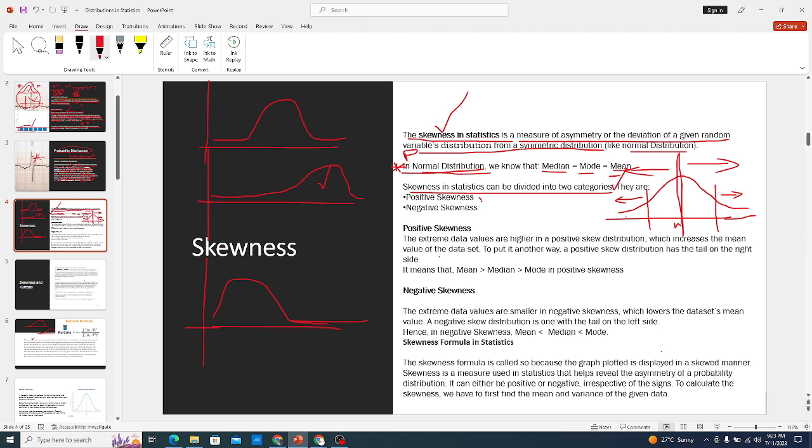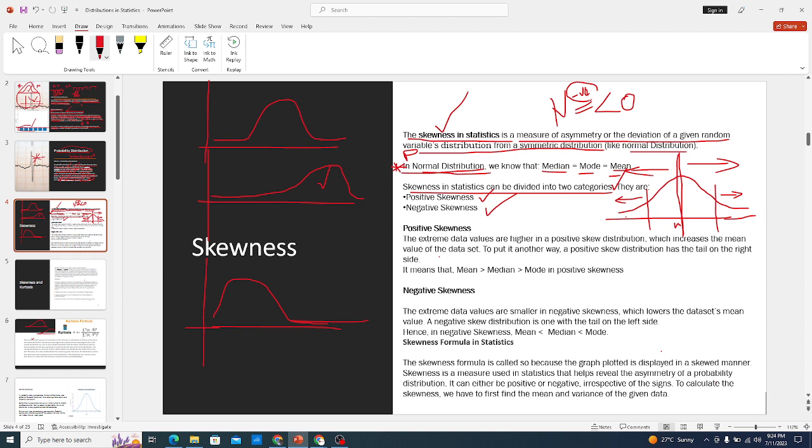The first one is positive skewness. The second one is negative skewness. Meaning any skewness value less than zero becomes negative, a negatively skewed data. We can say maybe this data is skewed to the